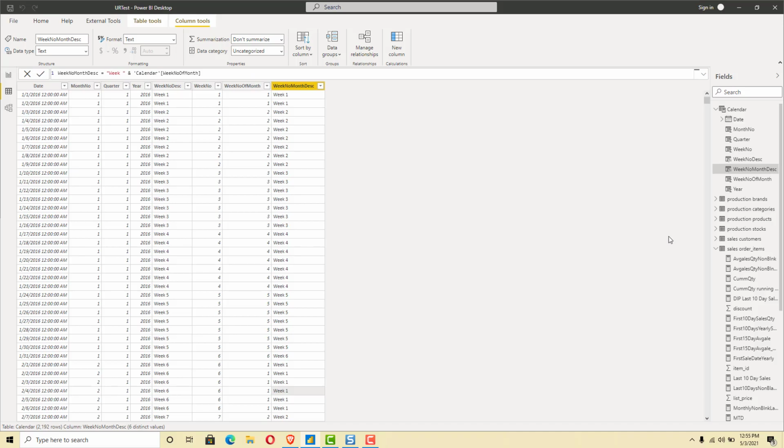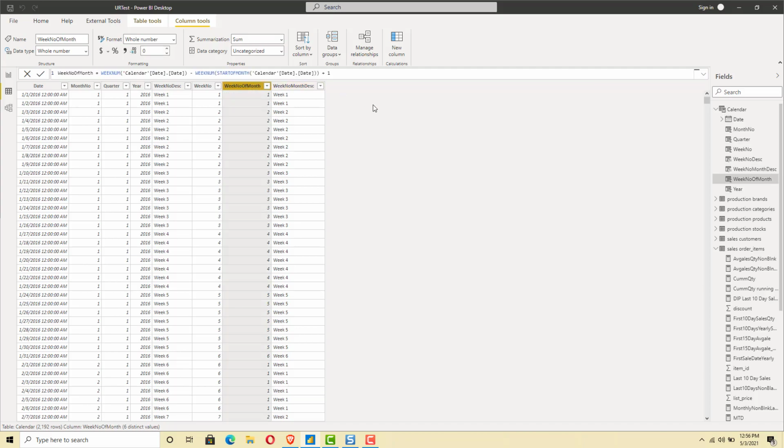Now let's open a Power BI sheet with a model and see this in action. So in our model, we have the date dimension, and we are going to add the new columns to distinguish the week numbers for each of the months. So we have added the additional columns: week number description, week number of month, and week number of month description. So one week number is at the year level and another one is at the month level. So depending on whether you want to do the aggregation at the month level or at the year level, we can use either of them. In this case, we are going to use the one at the month level.